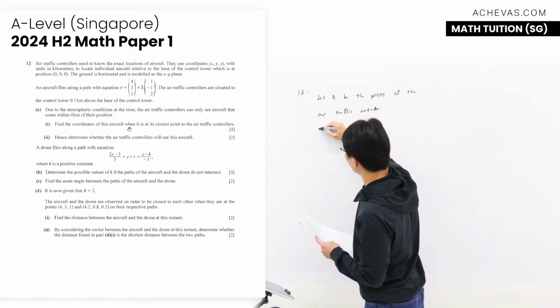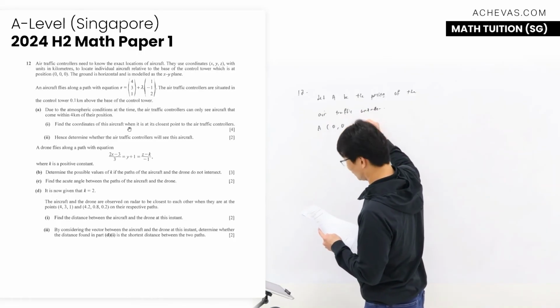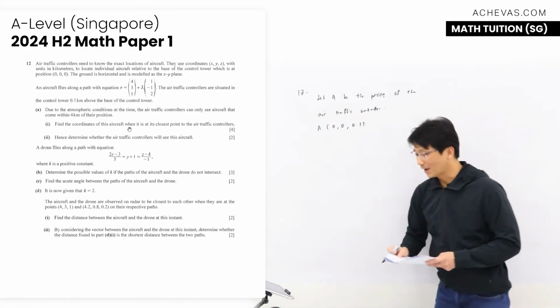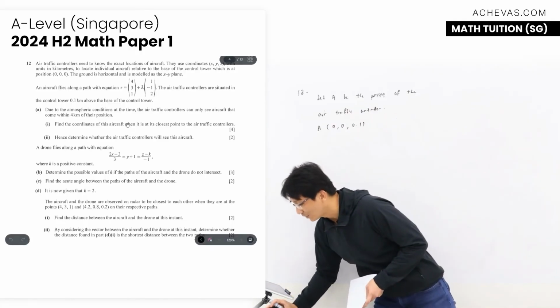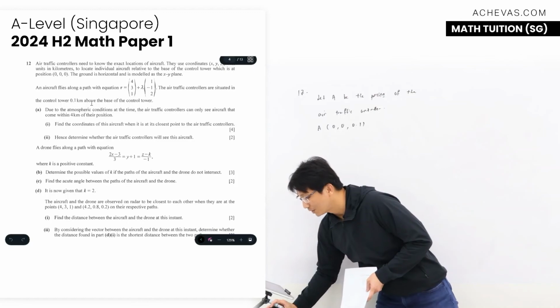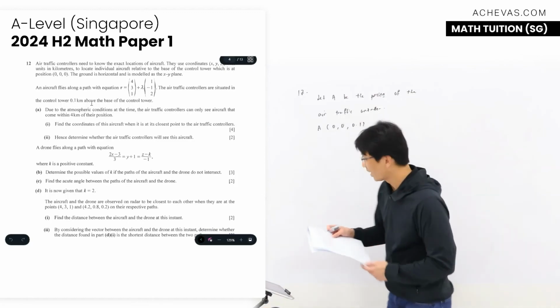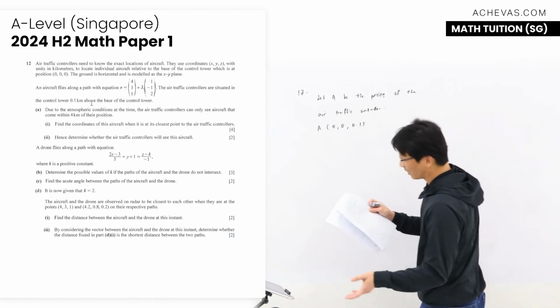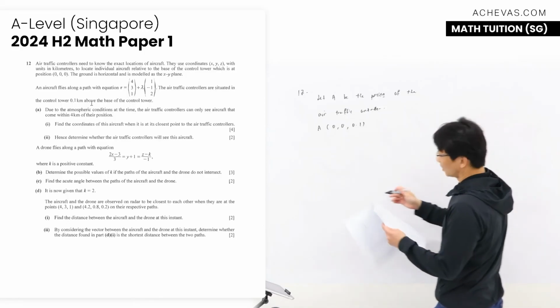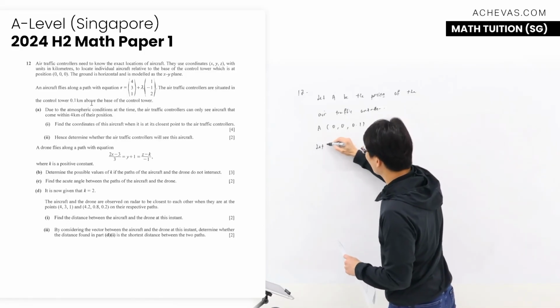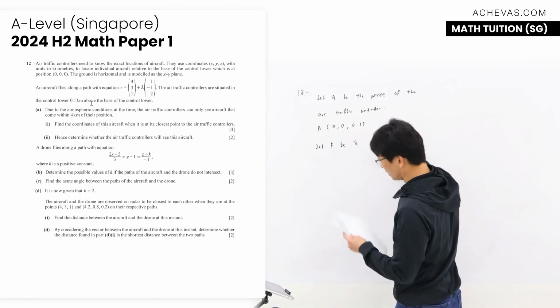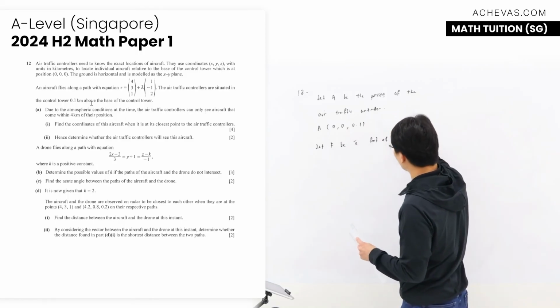Okay, and I know that the air traffic controller is located at 0.1. It's mentioned here that the air traffic controller is 0.1 km above the base of the control tower. The base of the control tower is just like an origin, 0. Okay, I'm going to let F be the foot of perpendicular